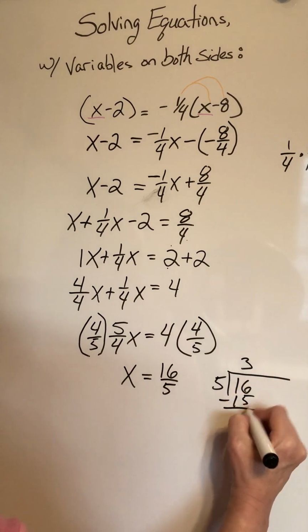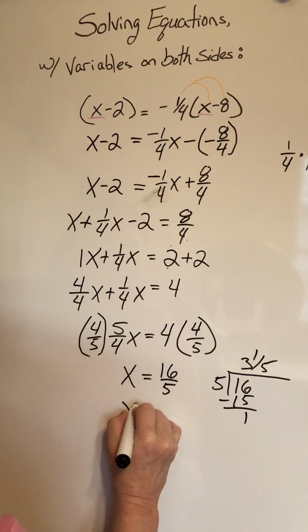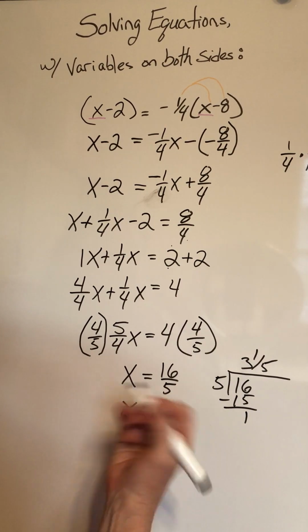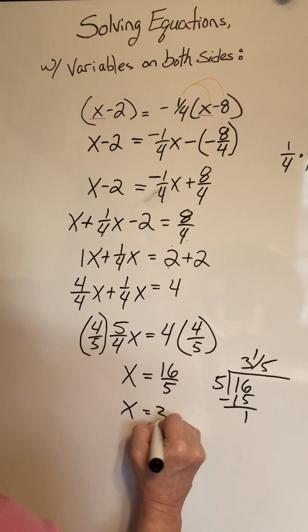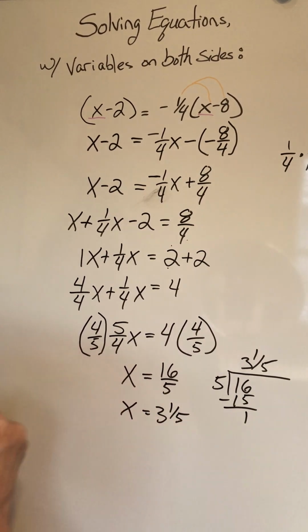We're subtracting, so that gives us 1/5 left over. So x is equal to 16/5, which is an improper fraction, or the mixed number of 3 1/5 is our answer in mixed terms, or